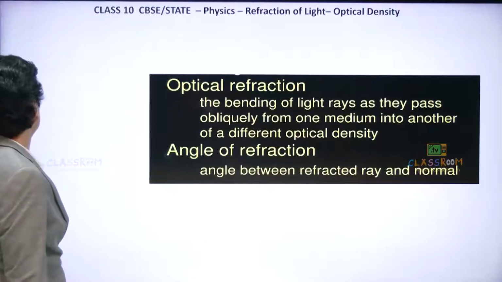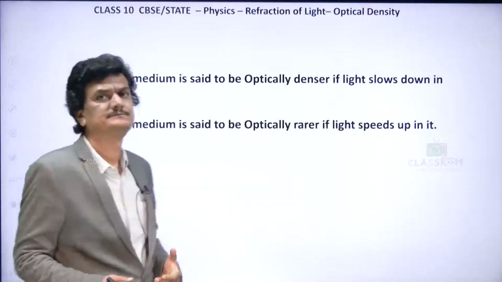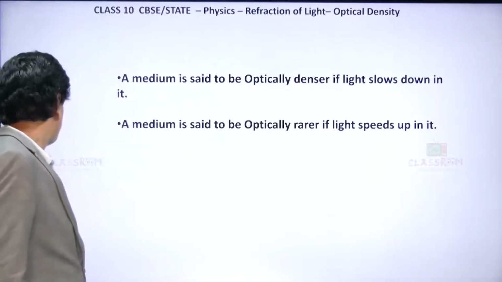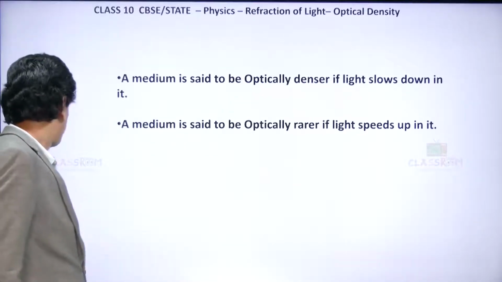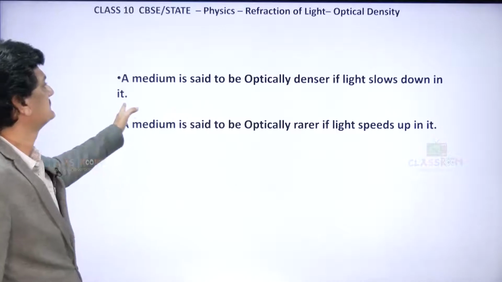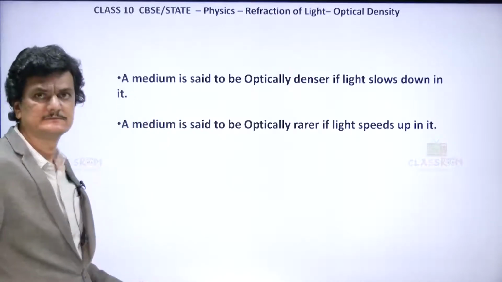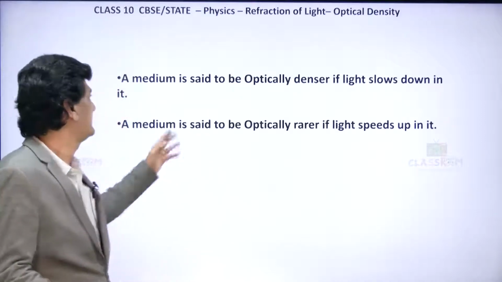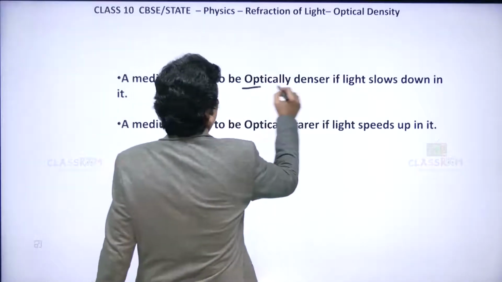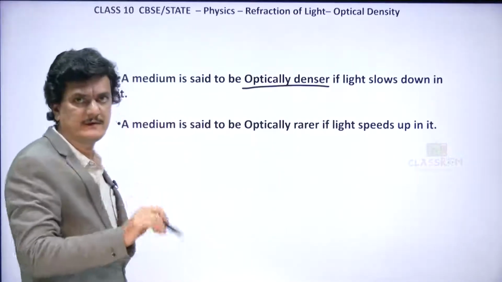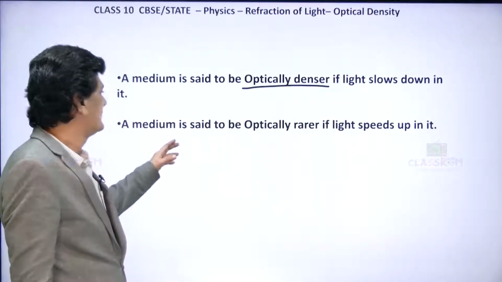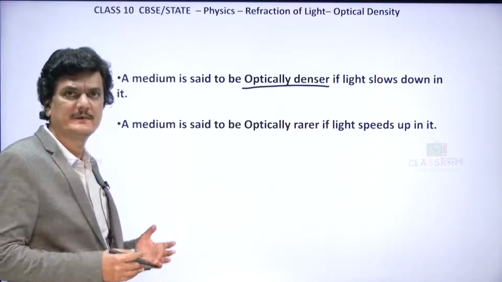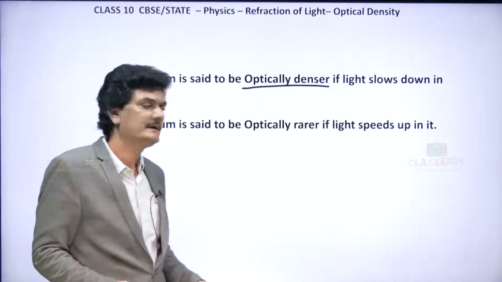Now, how to measure optical density? But before that, remember, a medium is said to be optically denser if light slows down in it. Speed of light decreases means what? Light has entered an optically dense medium. Light has entered an optically dense medium means its speed has decreased, and if the speed of light increases upon entering a transparent medium,